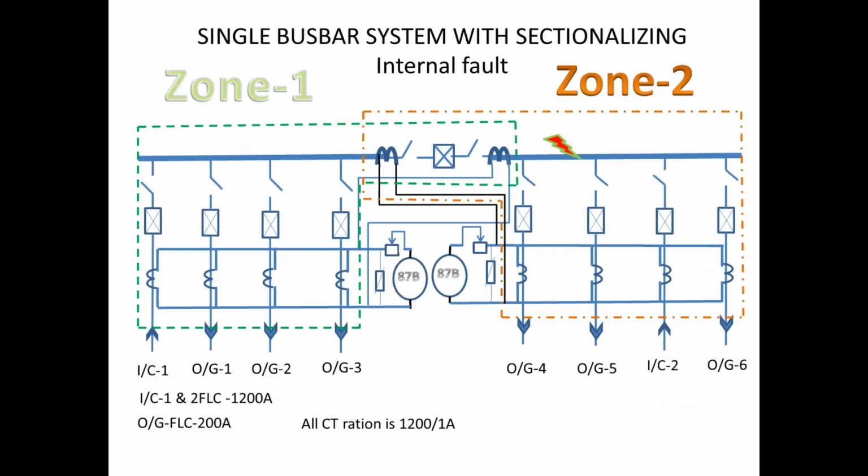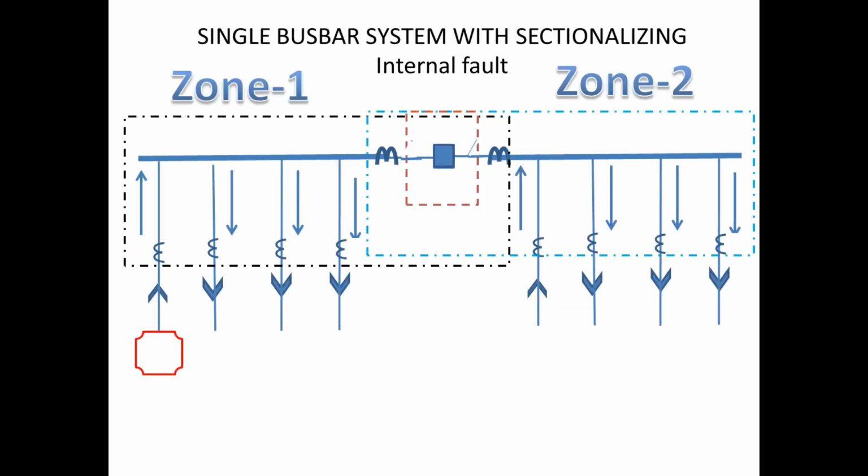Now we can go for checking the internal fault, that is, an in-zone fault. We consider the same load condition, and the fault on bus 2, that is zone 2. Due to this fault the current is 600 amps. Now the incomer produces 1300 amps and the bus coupler CT takes 1100 amps correspondingly.